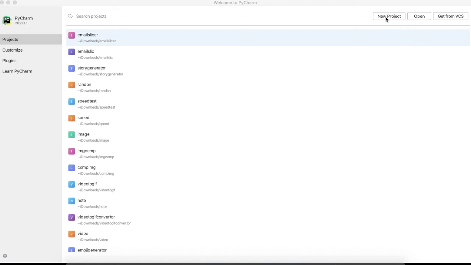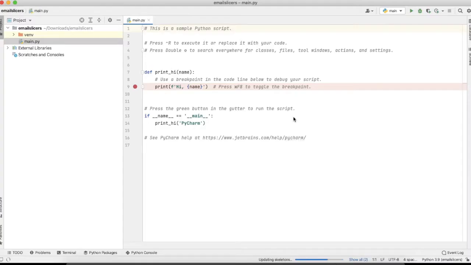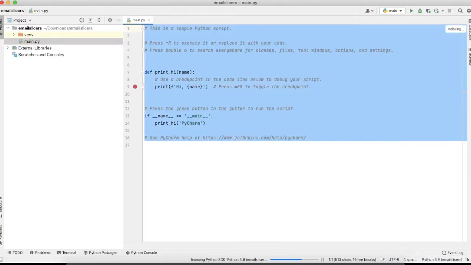I'm creating a new project and I'm using PyCharm here, naming it email slicer. Yeah, so our project is ready.